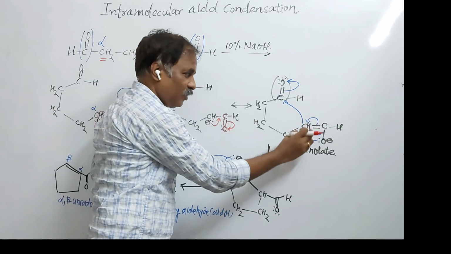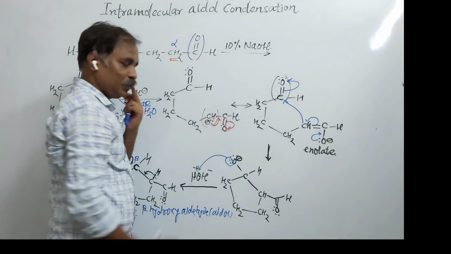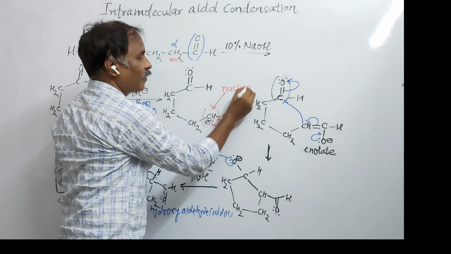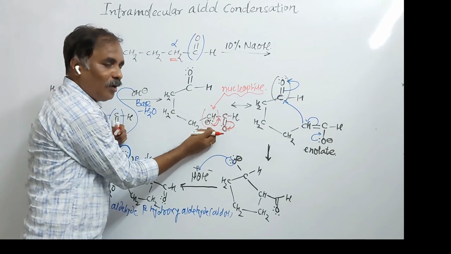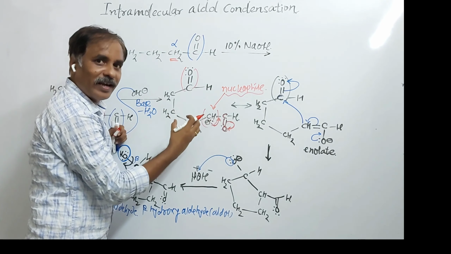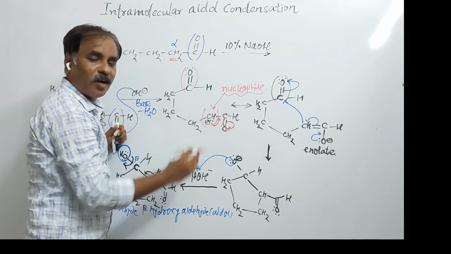Now, this resonating structure, this enolate and this carbanion, this is electron rich. So this acts as a nucleophile. The carbanion will work as a nucleophile, it is electron rich, and its attack will be here because here it is an electron acceptor. This is an intramolecular nucleophilic attack. That is why this reaction is said to be what? Intramolecular aldol condensation. Here a new bond will form, the formation of a new carbon-carbon single bond, this is the attack of the nucleophile. So this is a new bond.